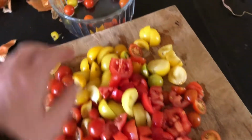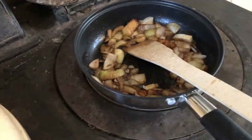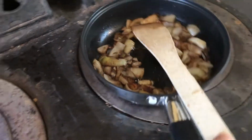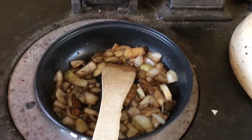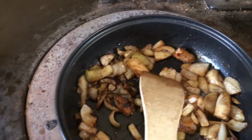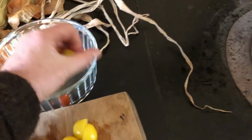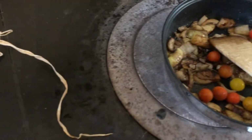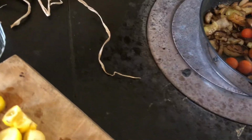So finished dicing these. I'm leaving a few of these ones just to throw in because they can pop, which is lovely. So that's simmering away. Bring this over here. Close this one. You can see it's slowed down. It's not as noisy. Then I'll put some of these in. And then